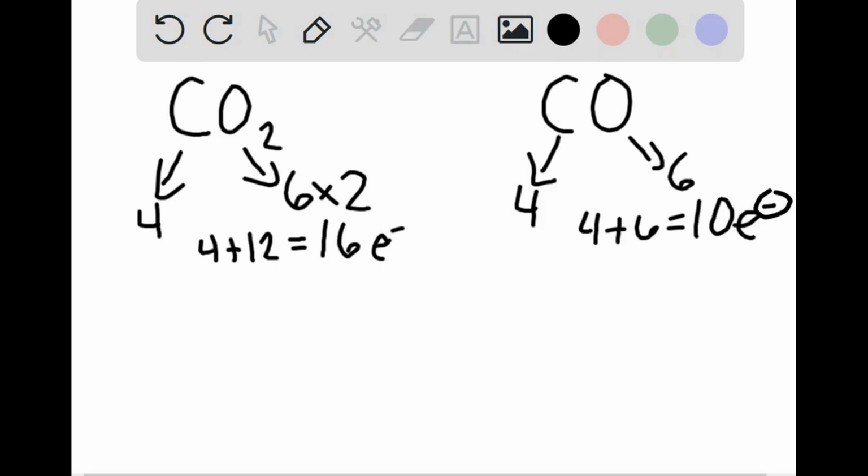In our carbon dioxide, we're going to use the least electronegative atom in the center, followed by our more electronegative atoms on the outside. Now, since we know that carbon has 4